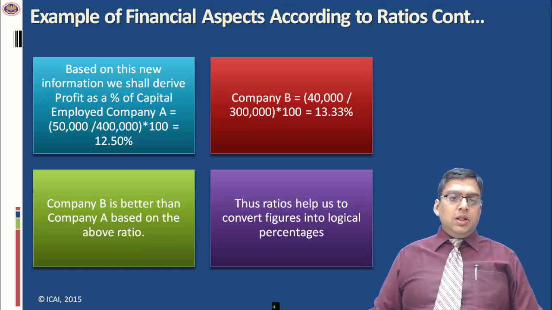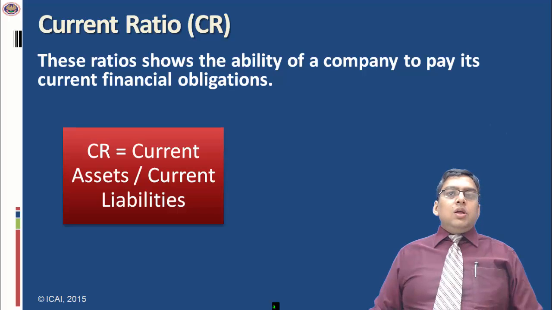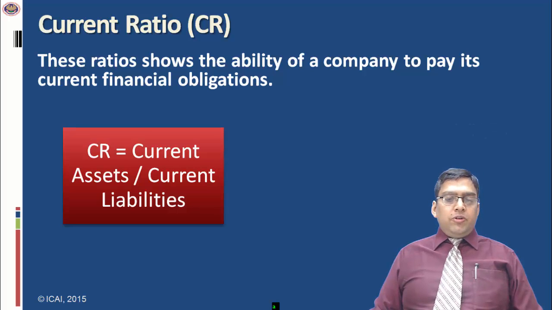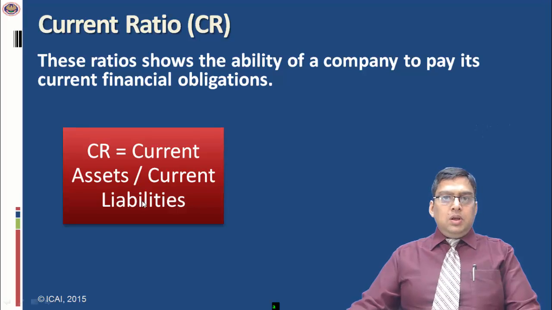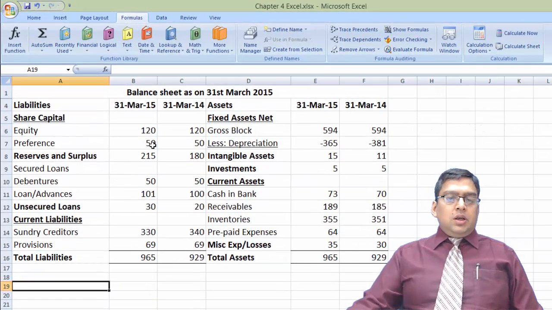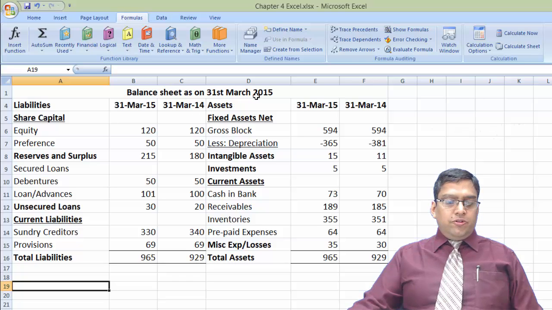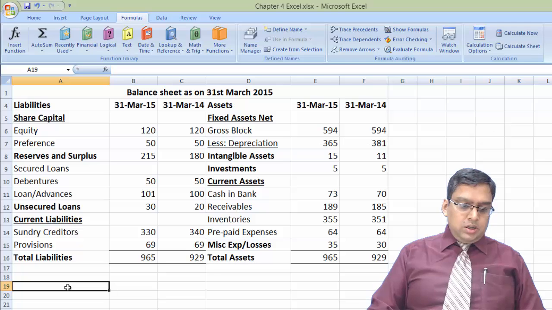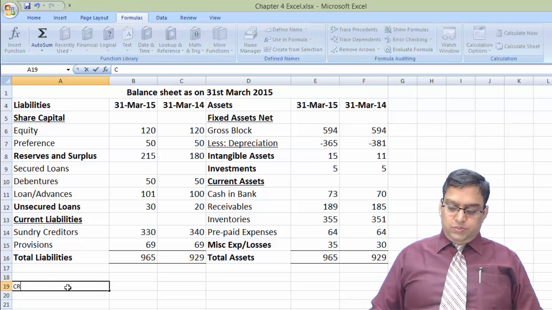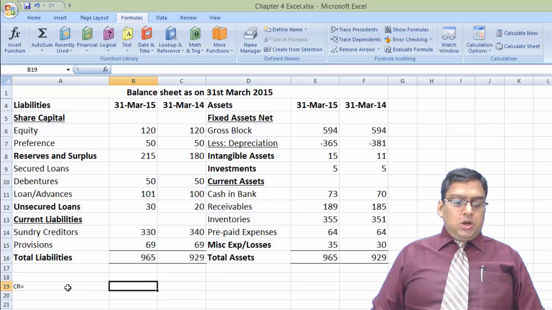So we can discuss more ratios, like the current ratio. These ratios show the ability of a company to pay its current financial obligations. Current ratio is calculated as current assets divided by current liabilities. Let's take an example. That is a predefined balance sheet as on 31st March 2015. There are various data available in this balance sheet. We can just calculate the current ratio equal to